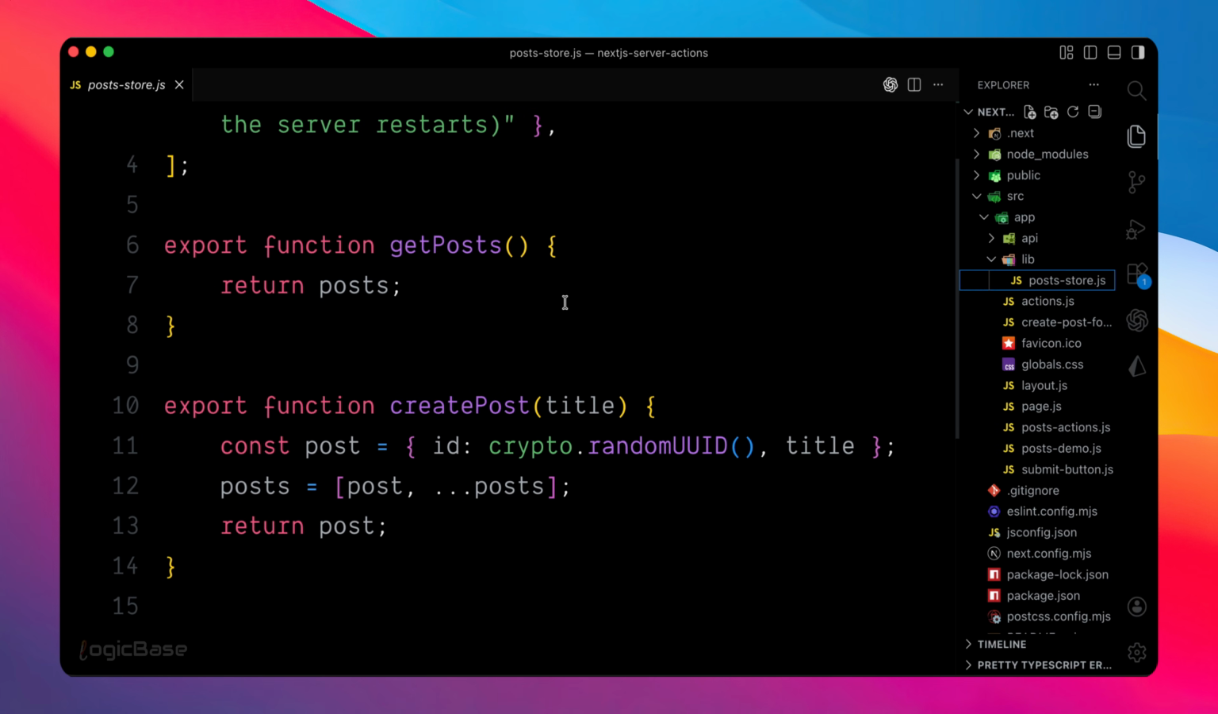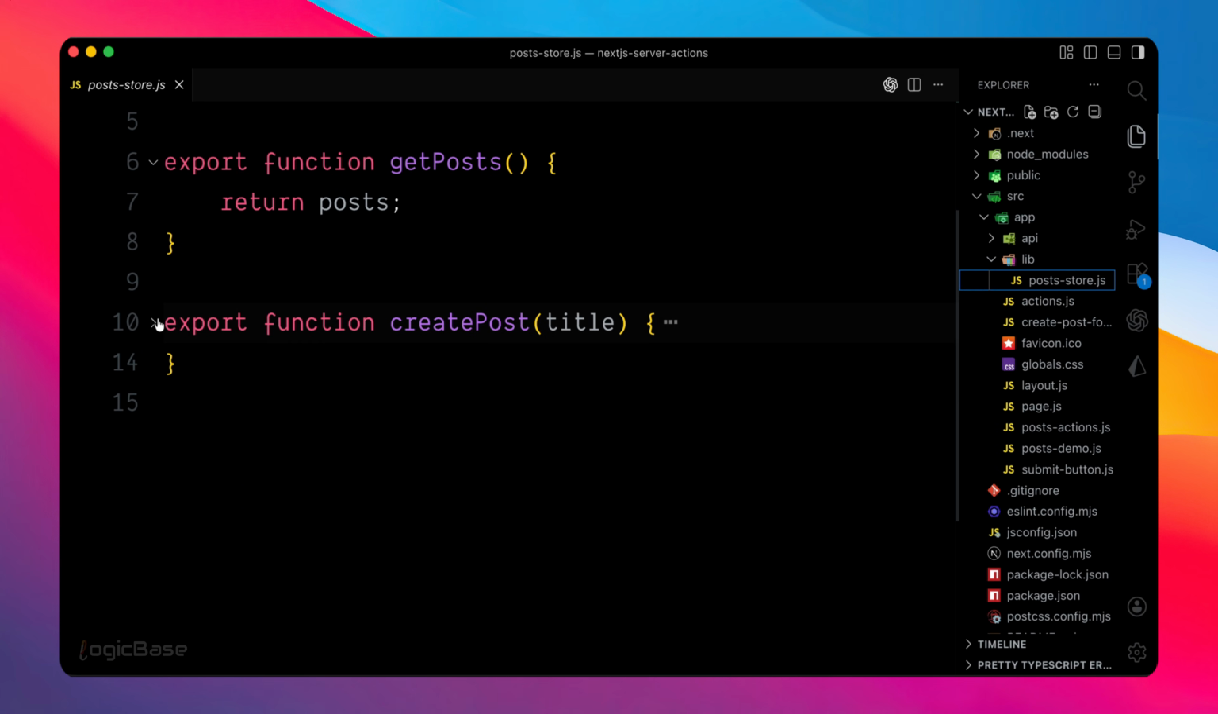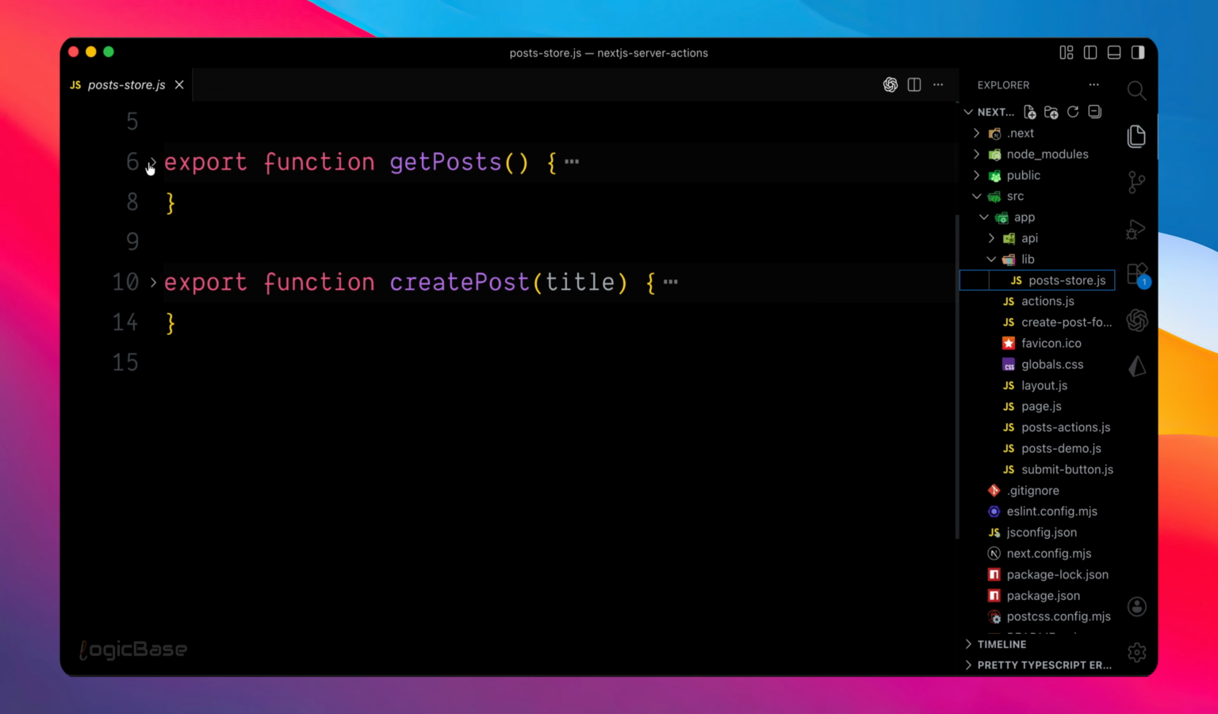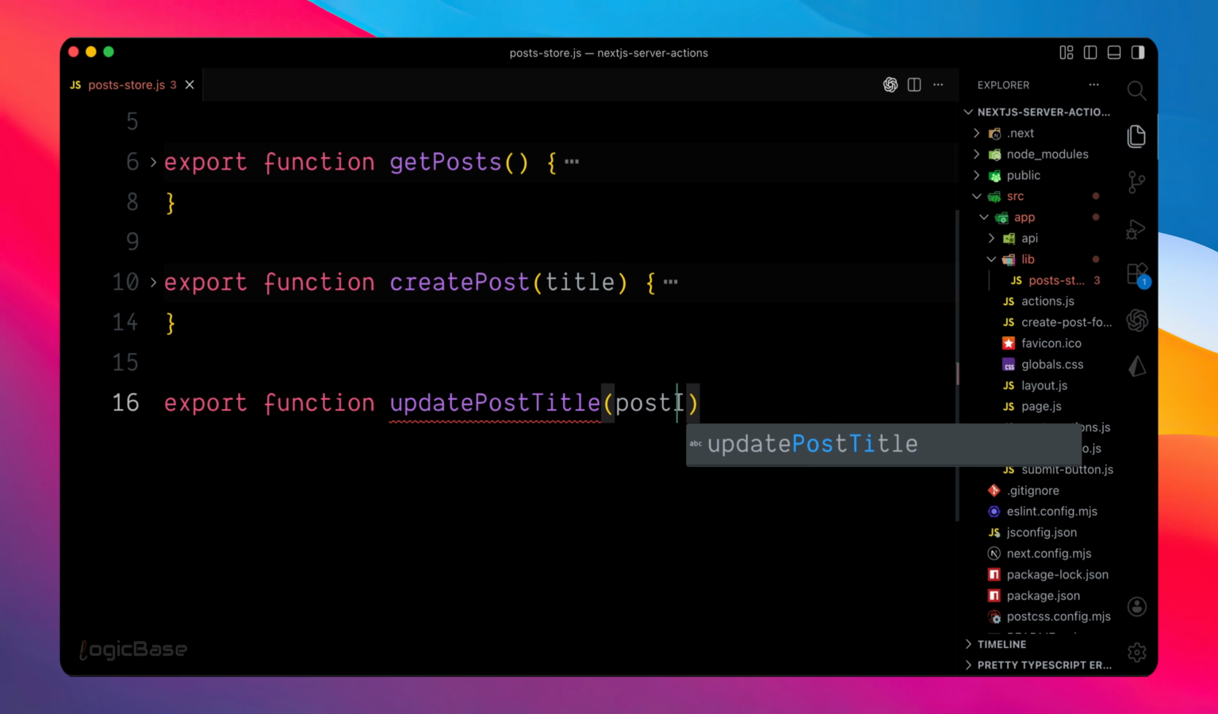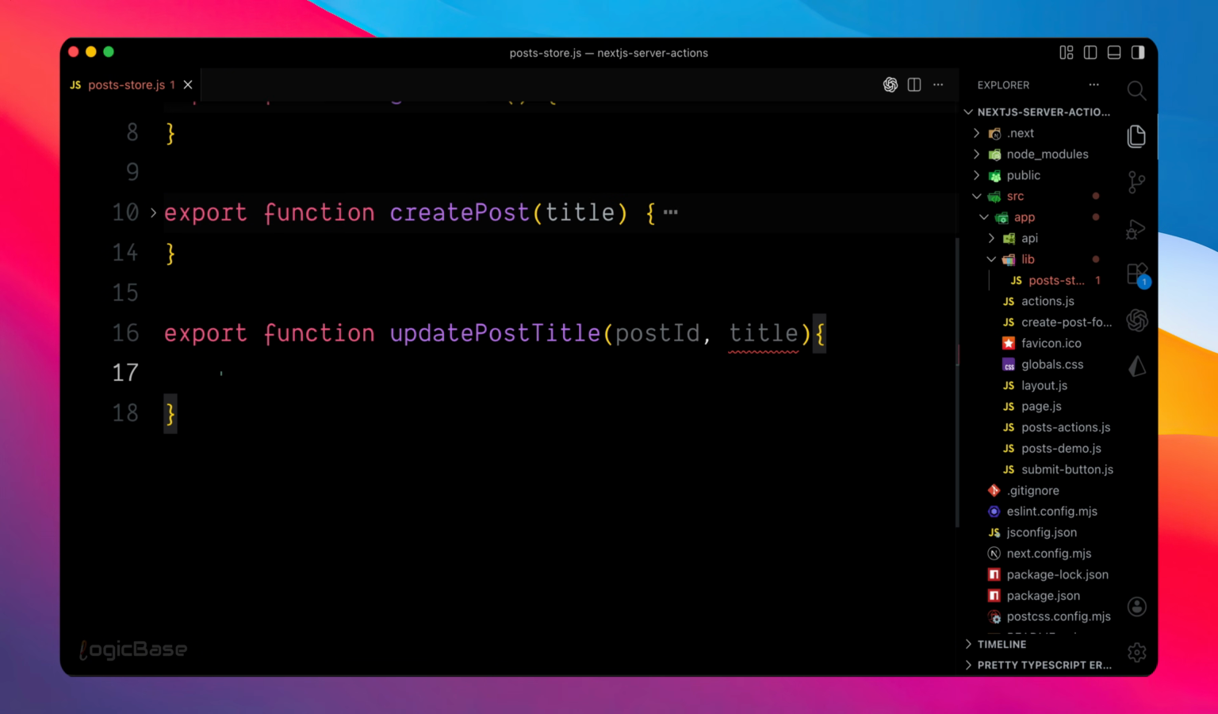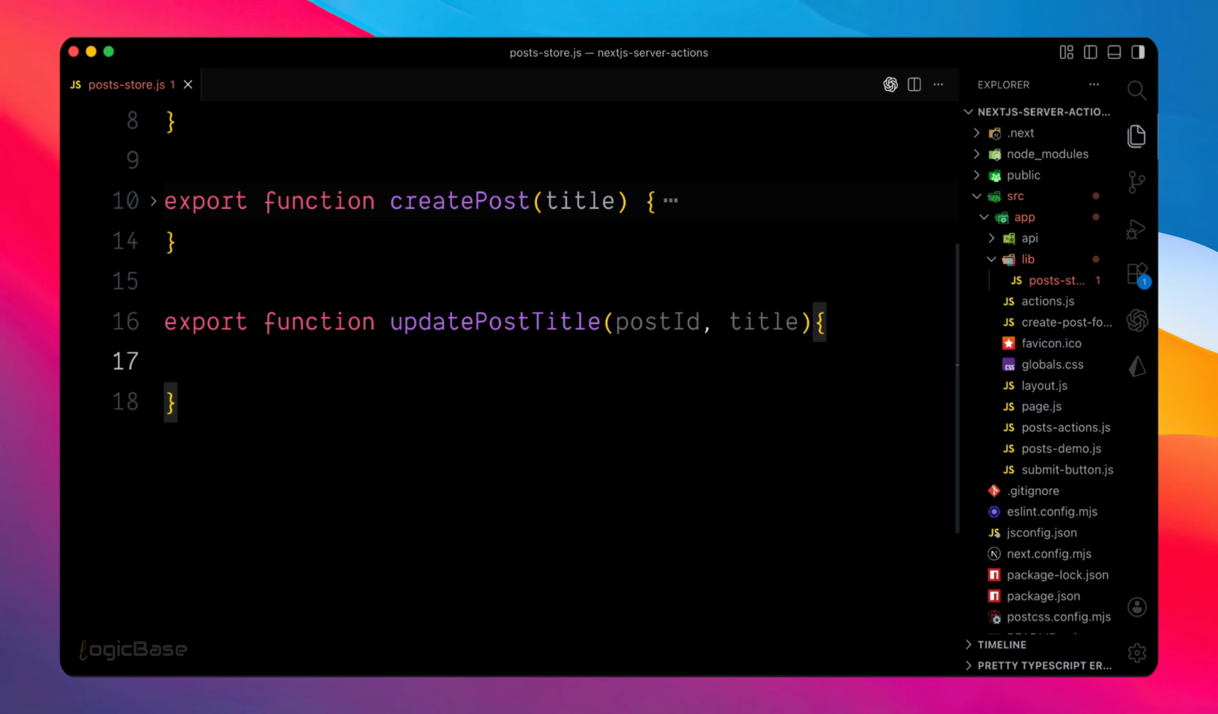Open posts-store.js. We already have getPosts and createPost. Now we need an update and a delete operation. First, I will add a function for updating a post title. Export function updatePostTitle, and we will receive postId and title. Inside, I will replace the matching post by ID and keep